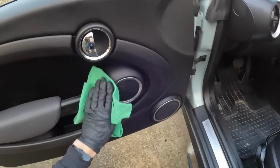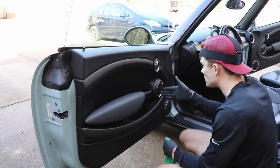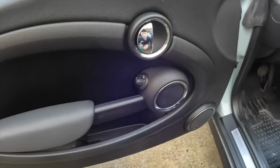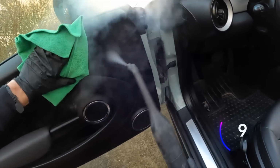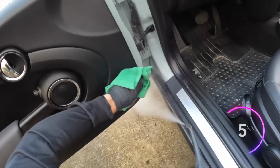So you guys saw how little steam I actually introduced, and therefore little water I introduced to this area, but all I did was blow, blow, blow, blow, then take my microfiber towel, immediately mop it up, blow on the back end there, mop it up. So I'm never introducing a steamer just sitting there like this with an area that's got an electrical component to it. Now, I'm going to go ahead and finish this back half here, just like this, around the speaker,